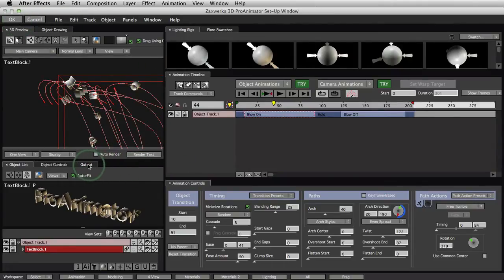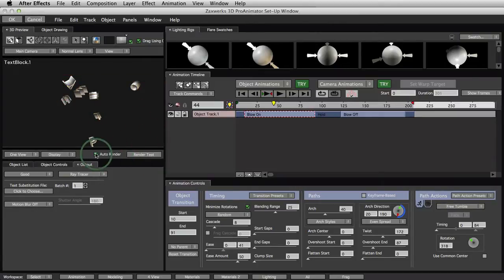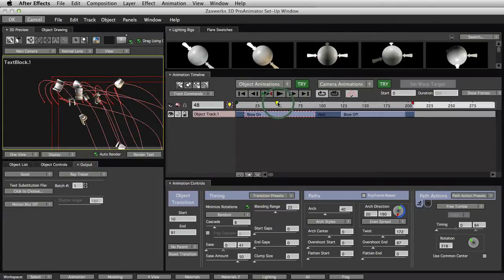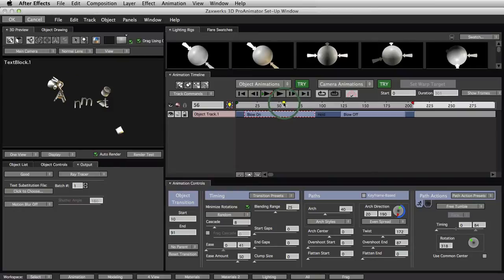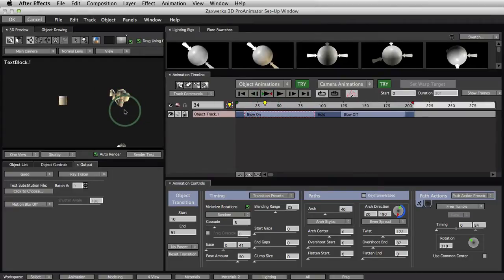Actually, one other thing. Let's go down to the output panel. I do want to show you this. This is where you choose between the real-time OpenGL GPU renderer, the super fast real-time renderer, or the ray tracer. Now our ray tracer is awfully doggone fast too. If we select ray tracer right now and click render test, actually let's put this in auto render and see what we've got. Oh yeah, we've got this set up so that it'll switch back to preview mode while you're dragging, and then as soon as you let go, it does the final ray trace rendering.